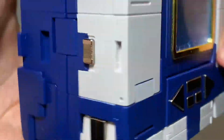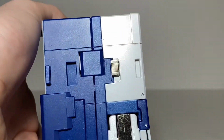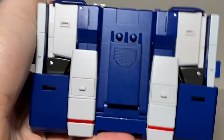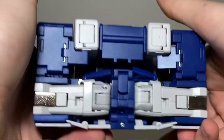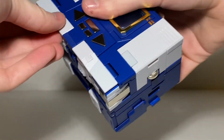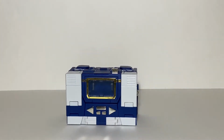You got some more die cast. You got this knob, which also works. Also die cast. That's also die cast. On the back, it's clean. It looks so cool, so good. On the bottom, not too much going on. But then again, this mode doesn't really need a lot to go on with it, so let's just get Acoustic